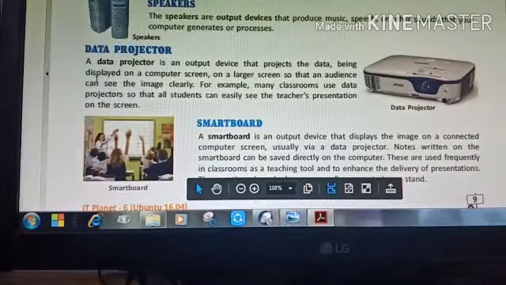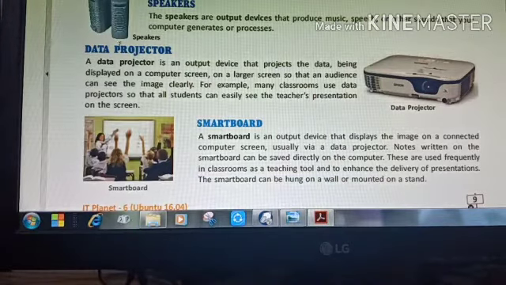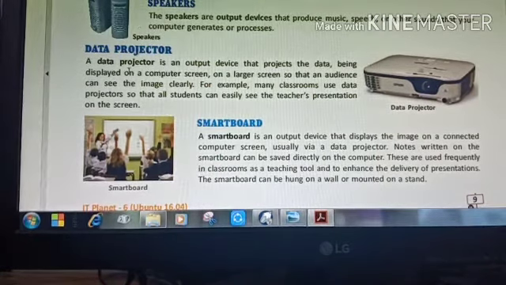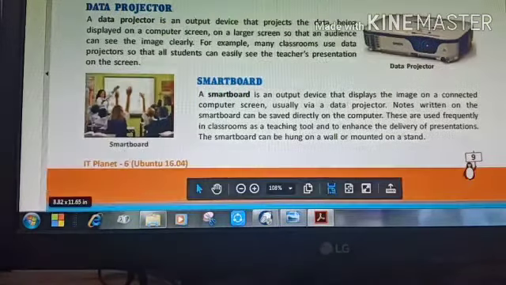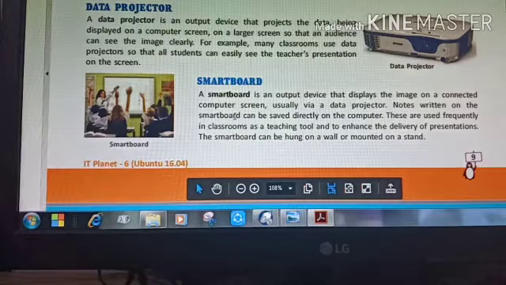Now we will come to another kind of output device, the speaker. It must be at your home and you are using it. It is used to produce music or anything that generates sound. Now children, we will talk about the data projector. You must have seen this in your smart class also. It projects the data to display on a larger screen. Now we have the smart board. You have seen it in your classes. We use it to display information, and it is connected with the projector. You must have seen this projector hanging in your class, and this is the smart board where you can see the information on the larger screen.